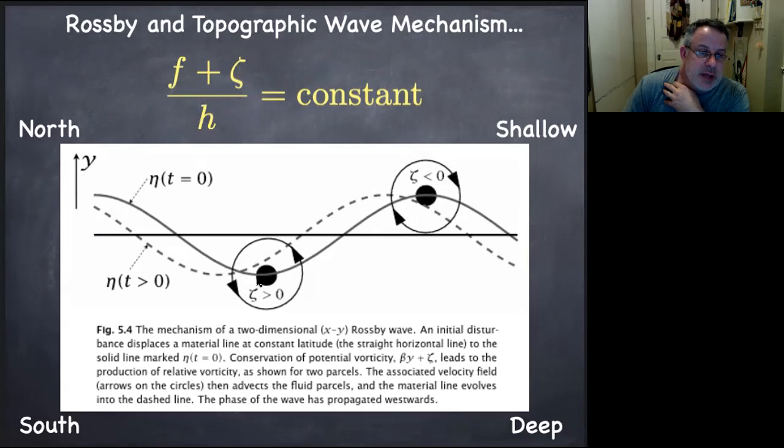Now think about how one of these black dots affects the other one. That's what this little ring with the arrows on it is saying. If you think about a wider ring that includes the other black dot, you would see that one black dot is making the other one move to the west. The other black dot is making the first one move to the west. So these anomalies in vorticity or potential vorticity are the basis of a Rossby wave. The crests and troughs of a Rossby wave are cyclones and anticyclones, and they advect each other toward the west.